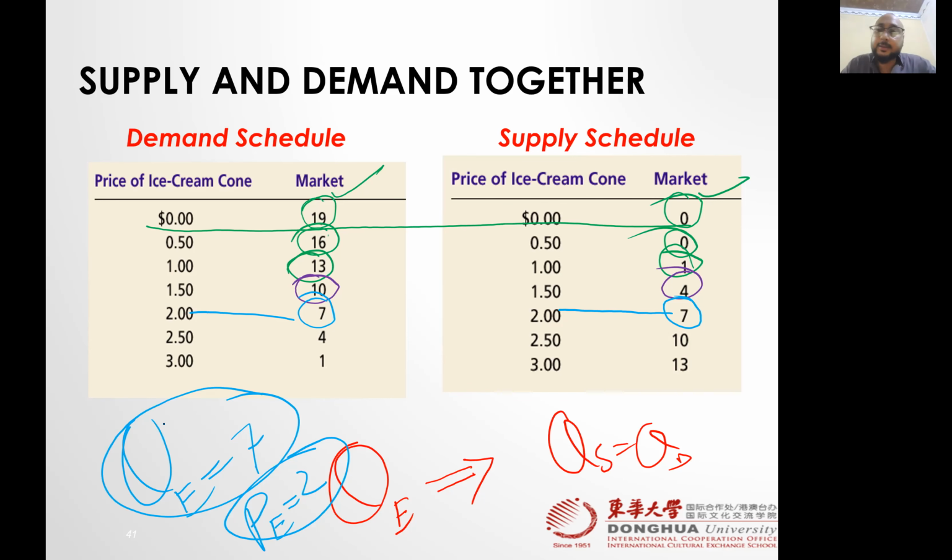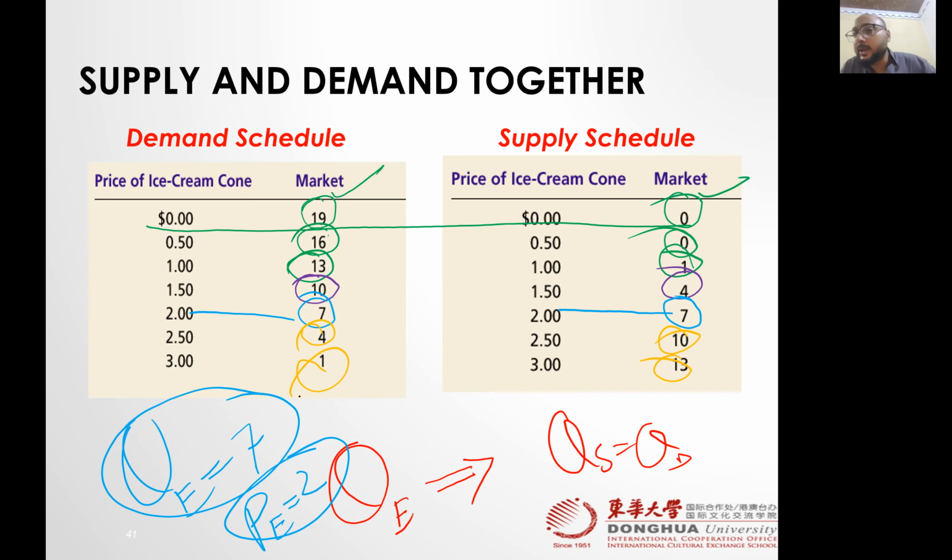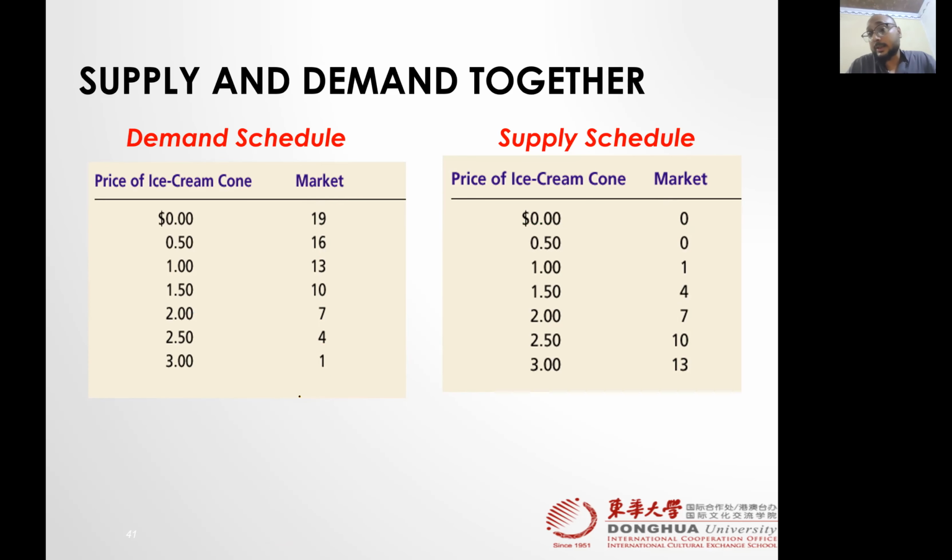Here equilibrium quantity is 7, equilibrium price is 2, right? And if you go beyond this one, you don't find any example of equal quantity demanded or equal quantity supplied. So even without making the graph, you can also guess, and you can guess right, that this situation is basically the equilibrium situation here,